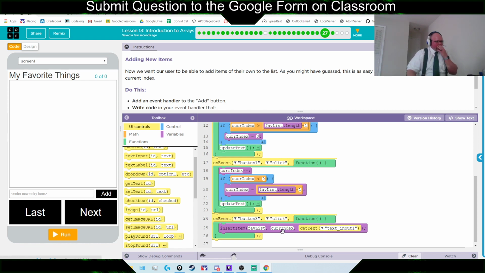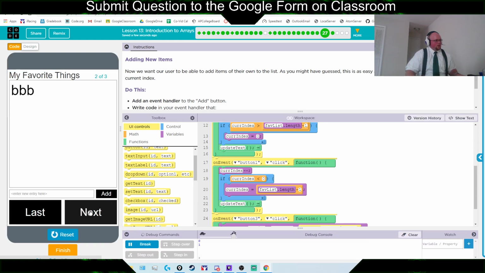Okay, so now every time you hit add, it's going to insert whatever is in that text into the list, but we also want to update text after we do that, otherwise nothing would change until you hit next. So let's run it. We'll go around, let's add RRR, add it. Okay, so now we have 4 items, and it goes AR, BBB, and let's add, oh, here's the thing,